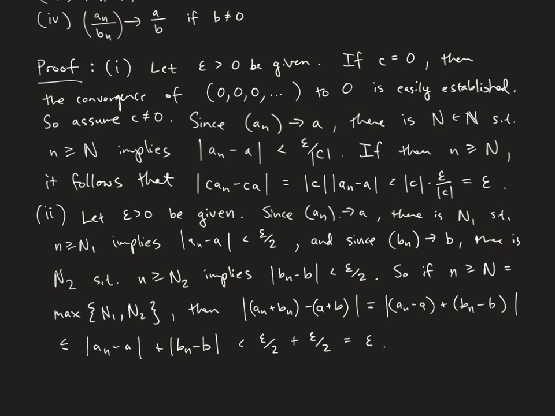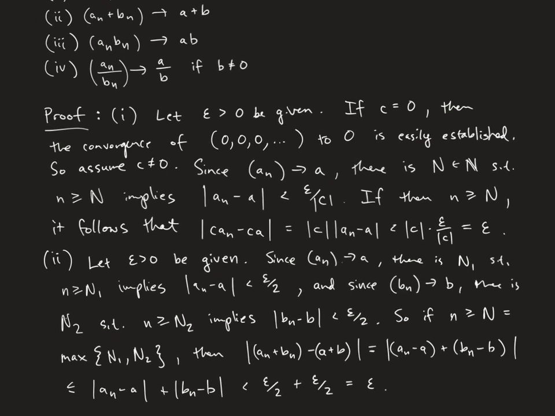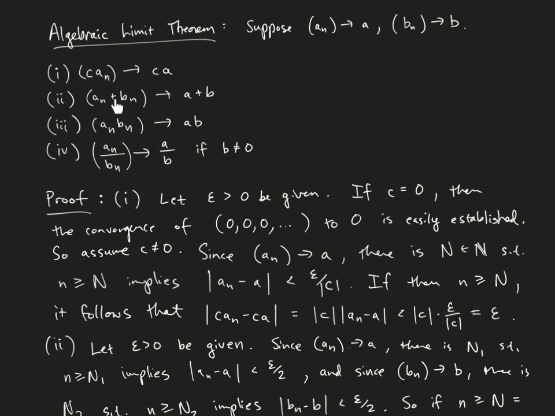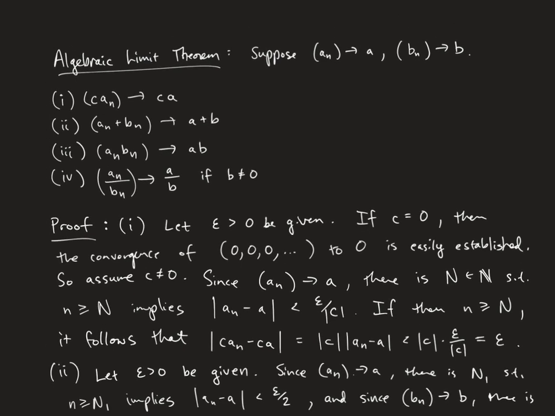Okay, so you see again, familiar tricks, familiar patterns of thought hopefully arising, triangle inequality being a big one. You're just trying to think in terms of, I'm trying to make a particular quantity small, and what I have under my control is two particular quantities, right? So I can make the difference between these two small, I can make the difference between these two small. So how do I leverage that information into making the difference between those two small, okay?